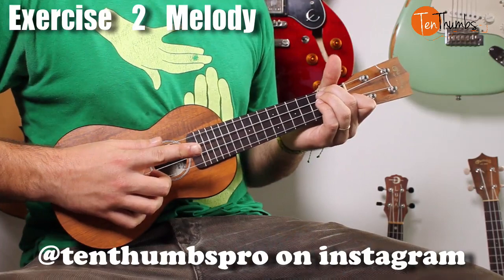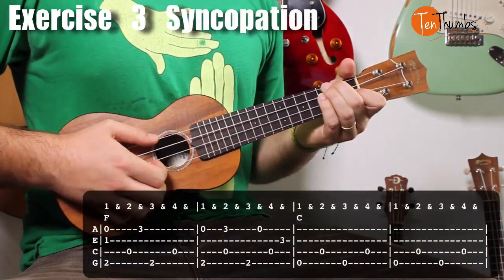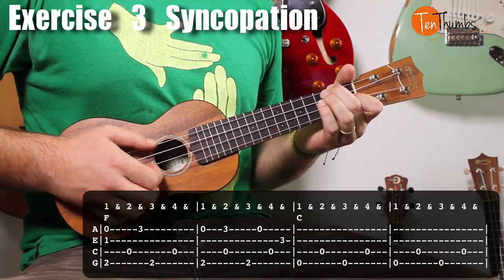So the next thing we need to do is add syncopation, our notes on the offbeat. This is going to give this a lot of flavor. So we're going to be doing this in a similar way, but you can see that we have some ands. So let's look at the first measure. The first measure is going to go,